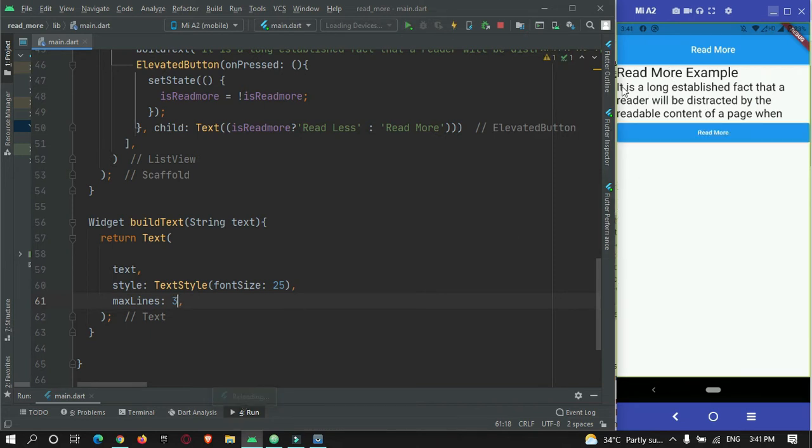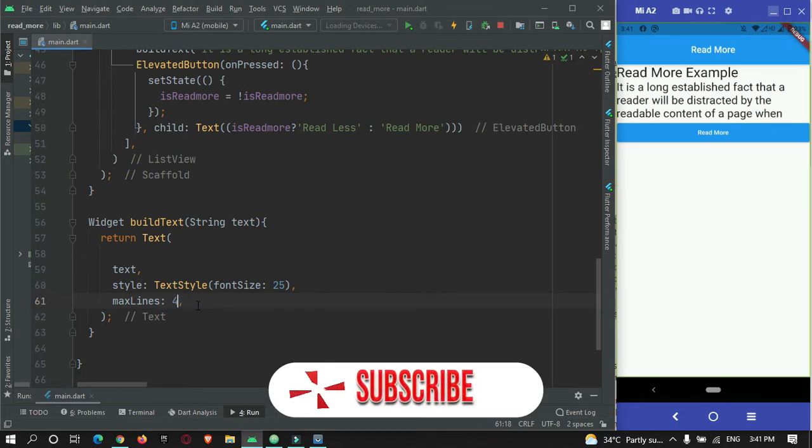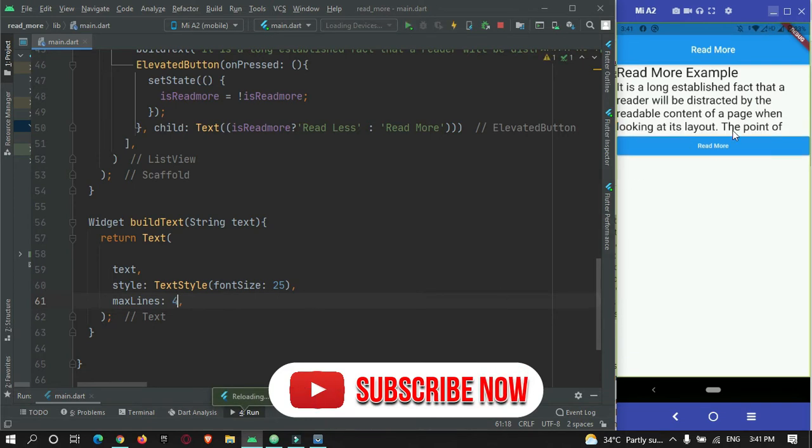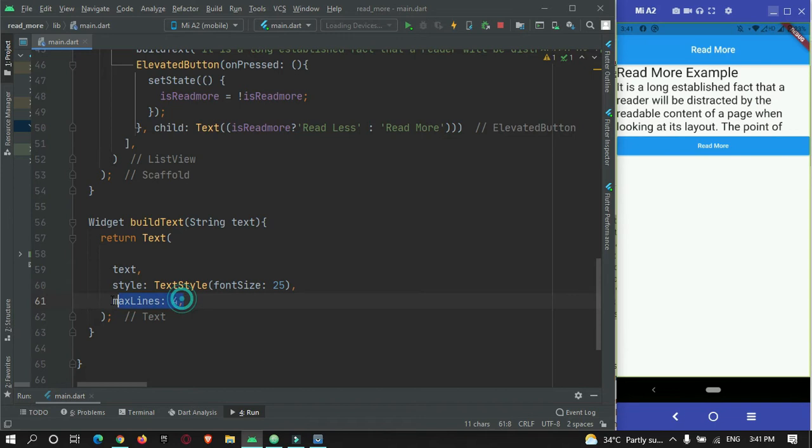Now you can see the maximum lines displayed to the user is just 3. You can set any number of lines, 4 for example. You can see, yeah. And now depending on this line, we can toggle the button. If the button is toggled, meaning read more is active, then we will show all the lines, and if it is read less, then we will limit the number of lines to be displayed.